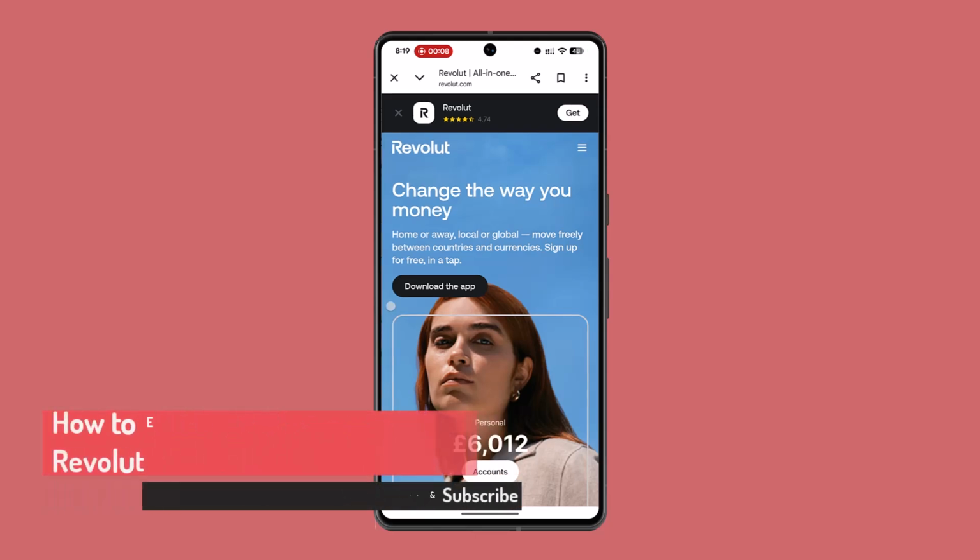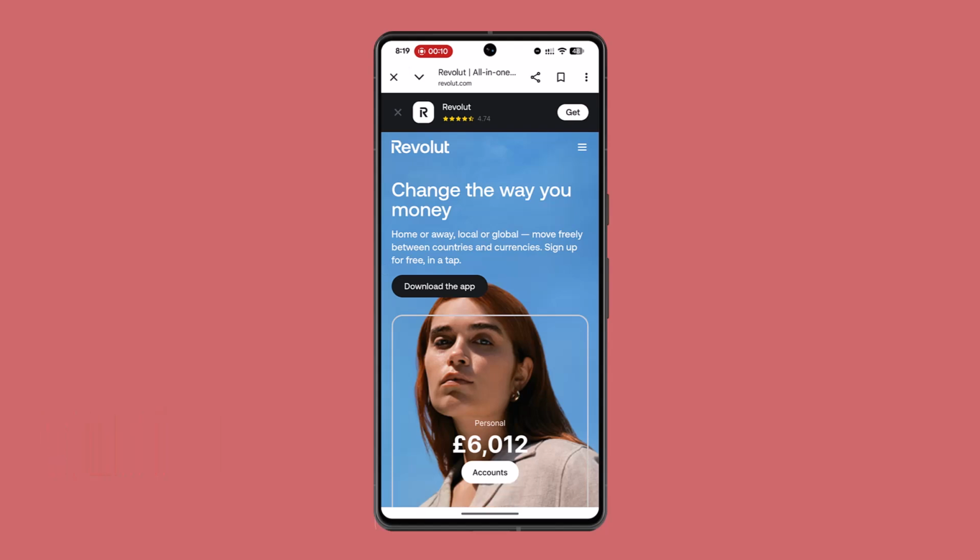In this guide, I'm going to show you the procedure to exchange currency on Revolut. So basically, to exchange currency on Revolut, you need to follow these steps. First things first, open your Revolut app, log into your account, and tap on the home icon in the bottom menu. Below your balances, you can tap the more button and select exchange, or directly tap the exchange button if